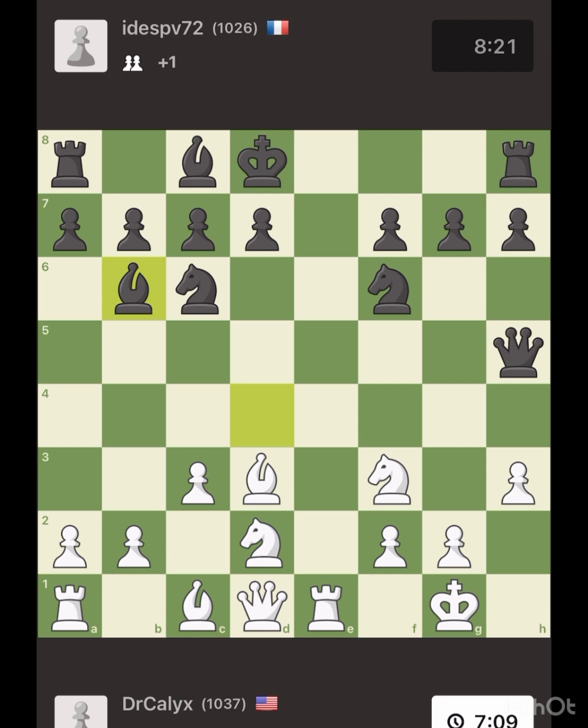So I didn't want to capture at d4 with the knight, because knight d4 could run into queen d1, and after rook d1, he would have captured back with the knight. So I went with c3 here. Now I think I can go with knight d4, and look forward to getting activity on the d file also,